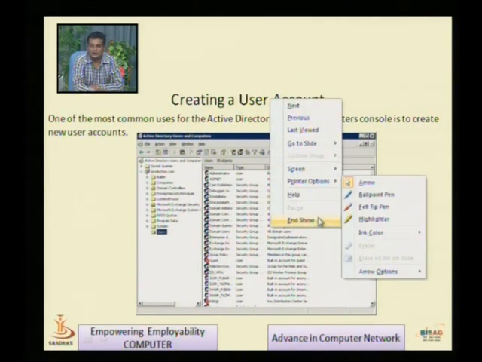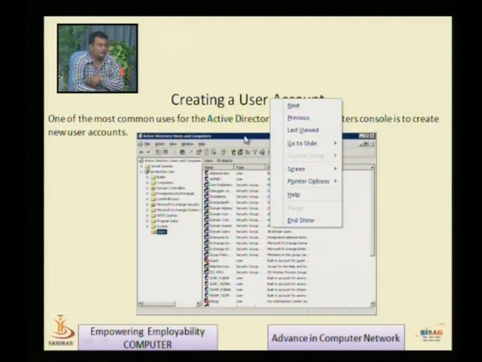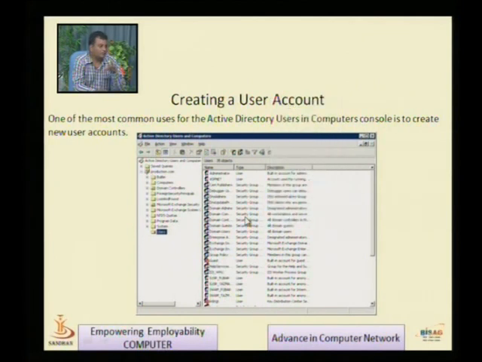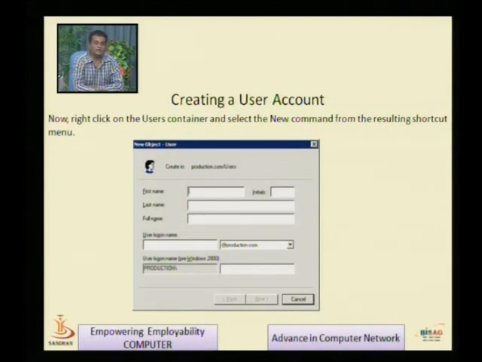On an actual environment, if you right click with the mouse, right click on the Users container, select the New command, and in the resulting shortcut menu select User, you will find this screen.